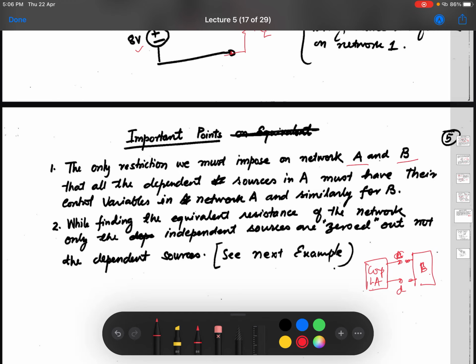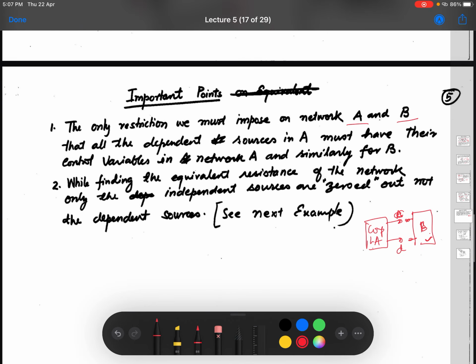To do this, if you are trying to find the effect on B by finding the equivalent Thevenin network of network A, then we must be sure that B and A should not have anything in common which affects A. Okay, so nothing should be in B that affects A, or nothing should be there in A which affects B. That means if A has a dependent source, its dependency should not be in B, then only you can find the equivalent Thevenin for A, if you want to find it removing B. Okay, because while finding the Thevenin equivalent, you will remove this part of the circuit and then find the equivalent for this circuit, that is the complicated circuit A.